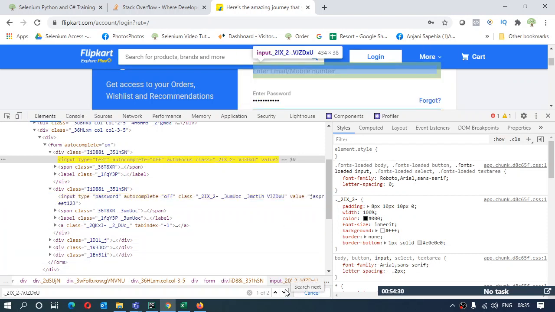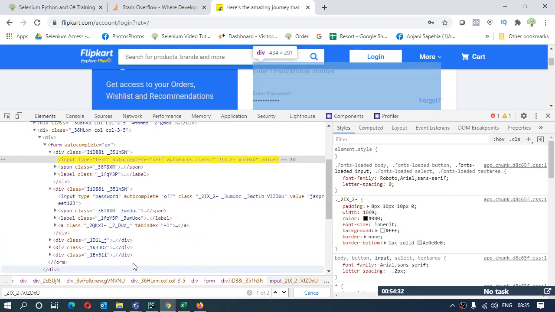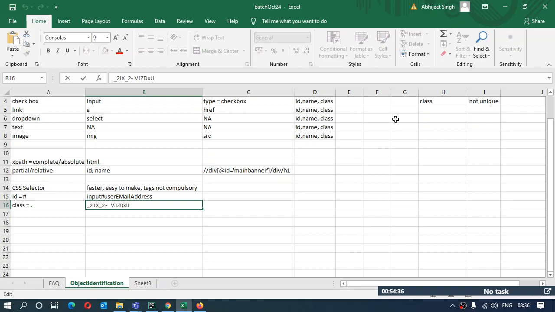So this way you can use the CSS selector for class as well. You just need to prefix dot in front of the name of the class, remove the space which is given, and this will be your CSS selector using the class.